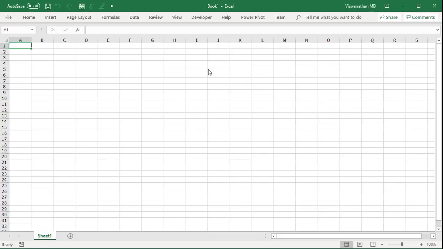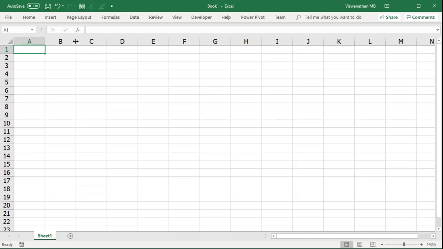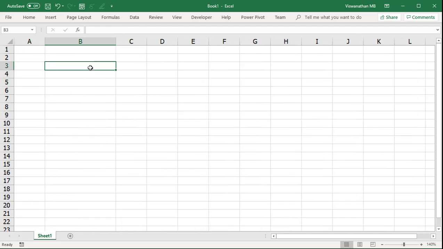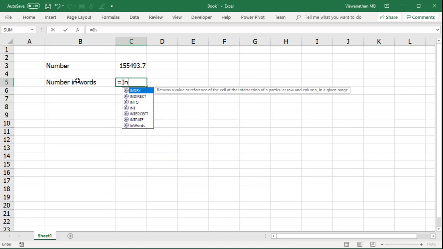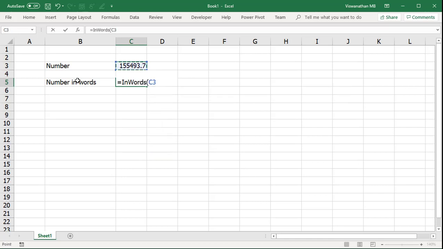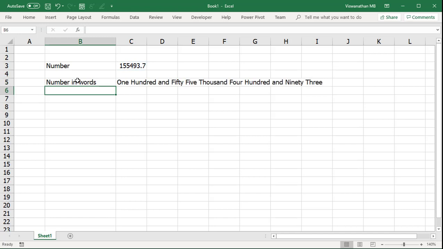So let me create a new document. I'll start with a few numbers, and then we'll see what all this add-in can do. So I'm going to type a number like 155,493.68. The first function I'm going to take you through is the in words function, which puts this number in words. The syntax is simply in words, and then you select the number, and you'll see the number appearing in words here,